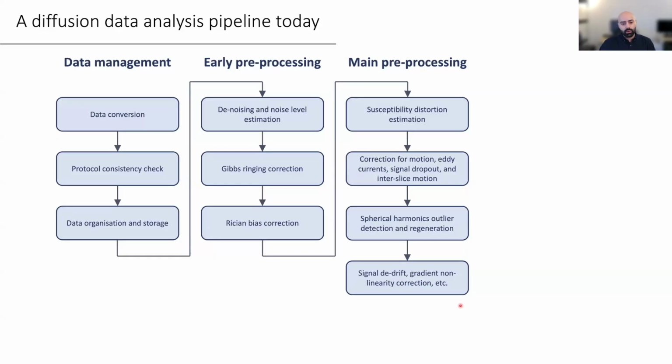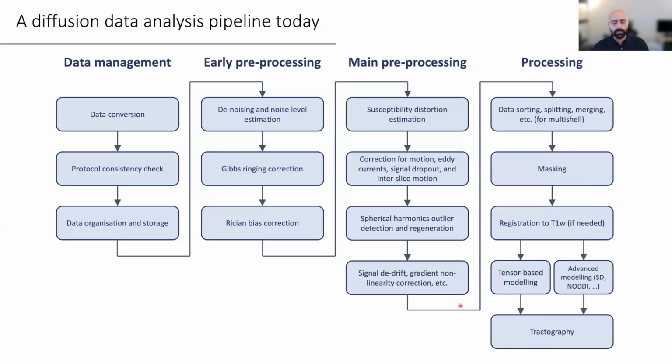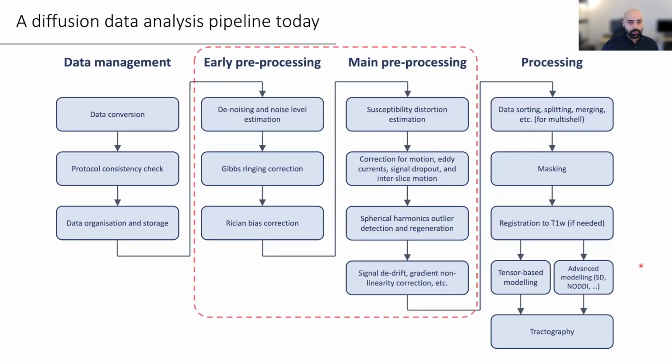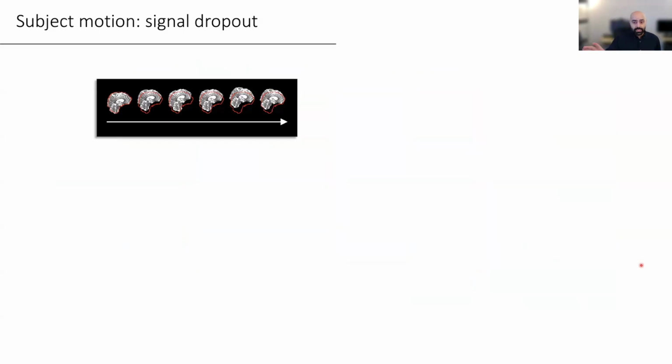So what we'll cover today are the main components that apply to every data set that you care about, that you want to use. Once we're done with all of this pre-processing, the data analysis pipeline will then move toward things like masking, registration to a structural, or if that's already part of the pipeline in some cases, and then your modeling steps, which you're going to cover in the workshop as well separately. So today we're only focusing on this section,